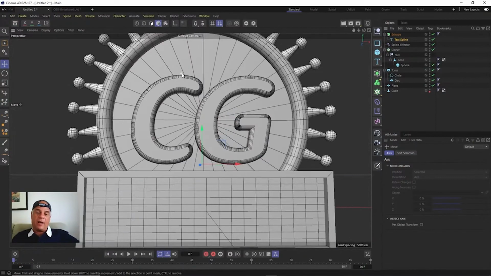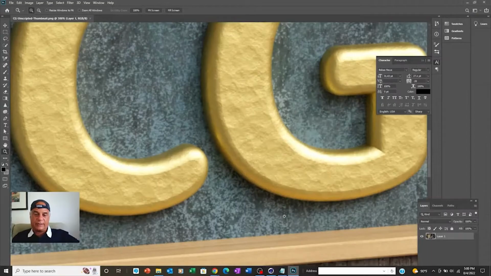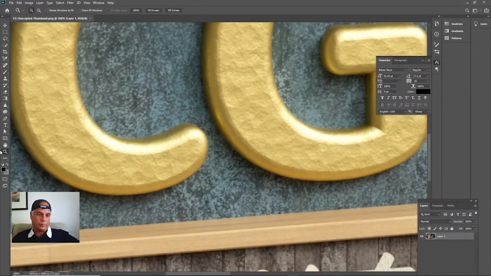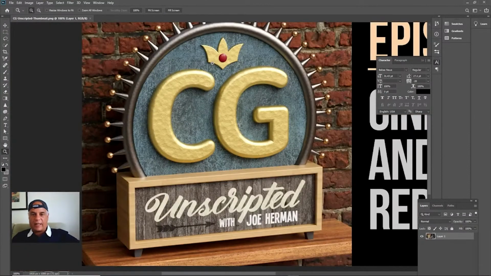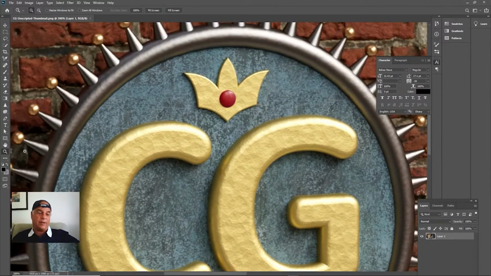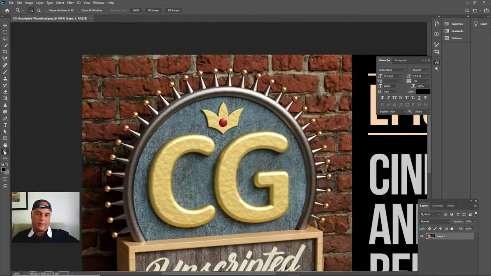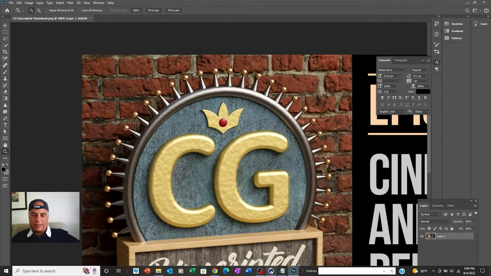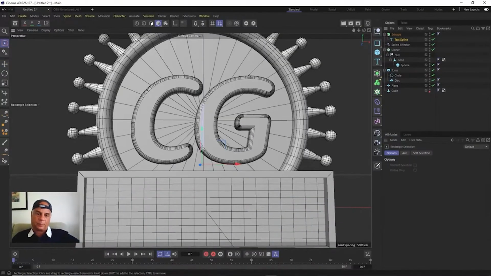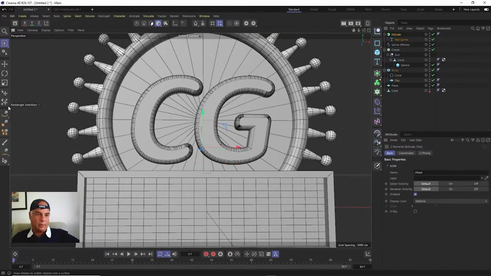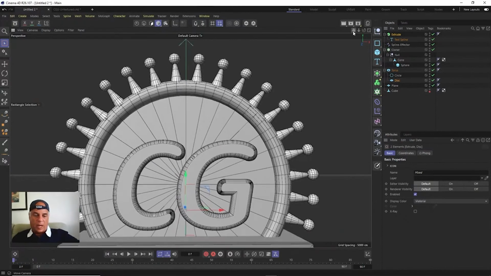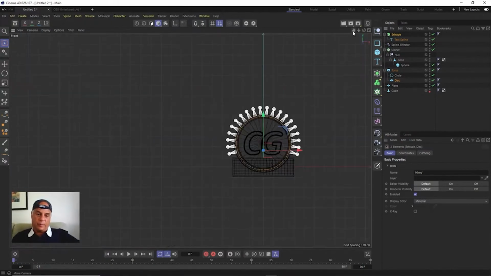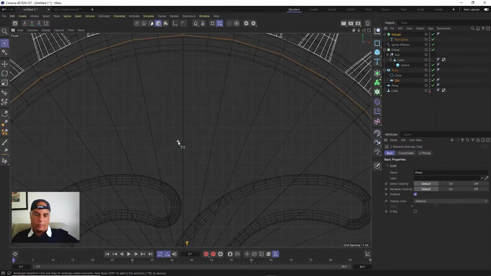And now for the next thing that we're going to make, you can see that there's sort of a crownish looking thing here. And so how was that done? Okay. So the way that was done is that we're going to go to a front view, and we're going to move up around here, and we are going to take the